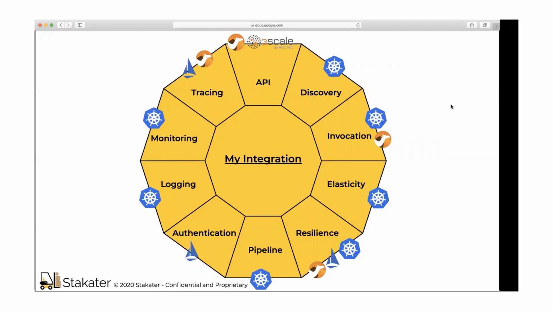For authentication, you can use Istio running on Kubernetes. For logging, you can run tools inside Kubernetes like Fluentd, Kibana, and Elasticsearch. Similarly for monitoring, you can run things inside Kubernetes, including Prometheus, to have full insight of your integrations. For tracing, you can run Istio inside Kubernetes and also Apache Camel. And for API management, you can use Apache Camel along with the 3scale API management platform.